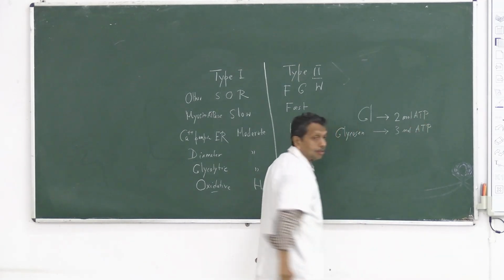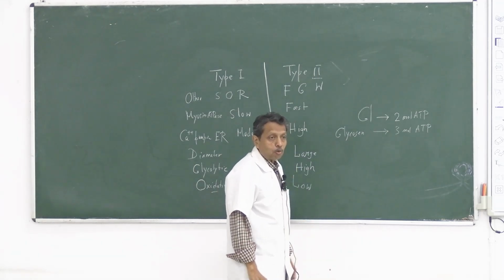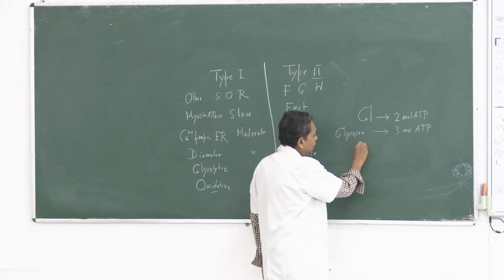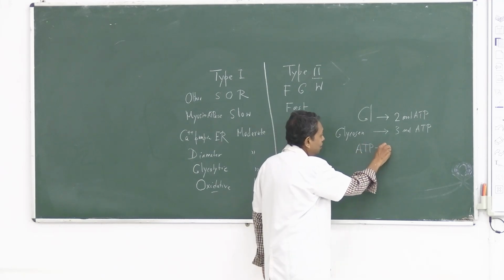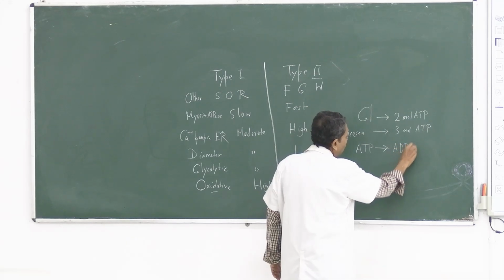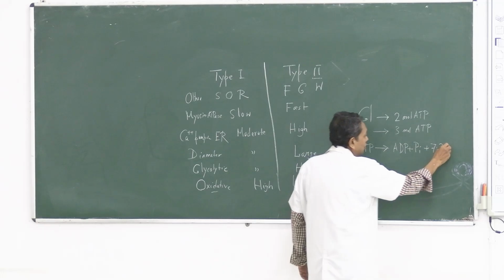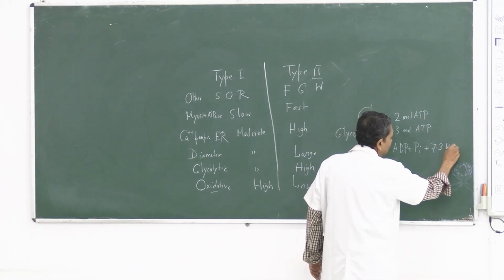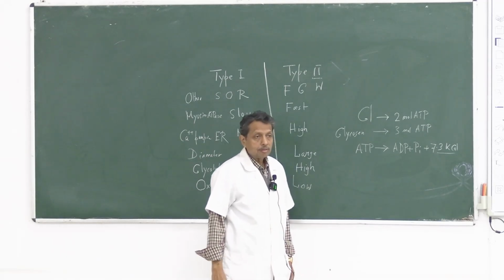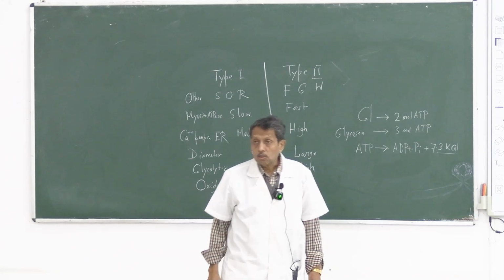ATP is required for quick contraction. And ATP is split during contraction near the myosin head, converted into ADP plus inorganic phosphate, Pi, plus 7.3 kilocalories per mole is produced. And whenever there is the oxidative capacity through the mitochondria,